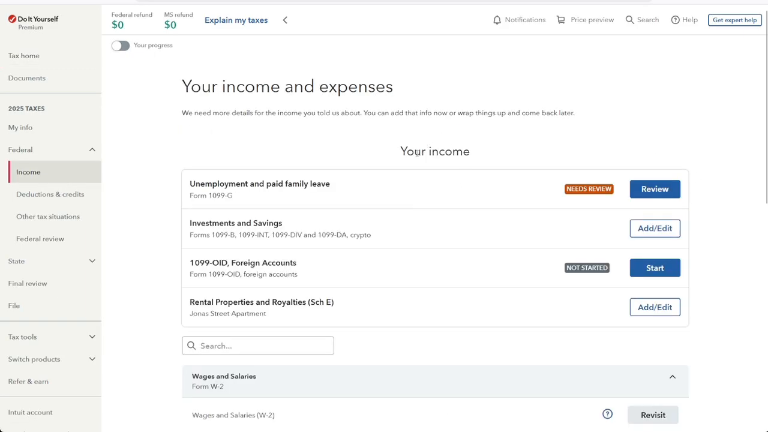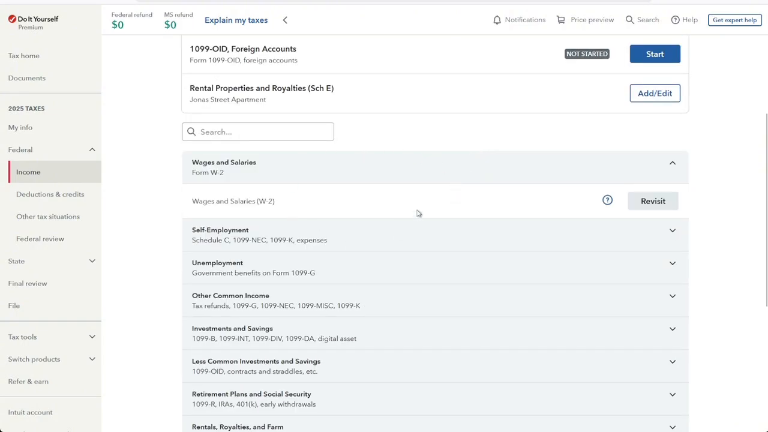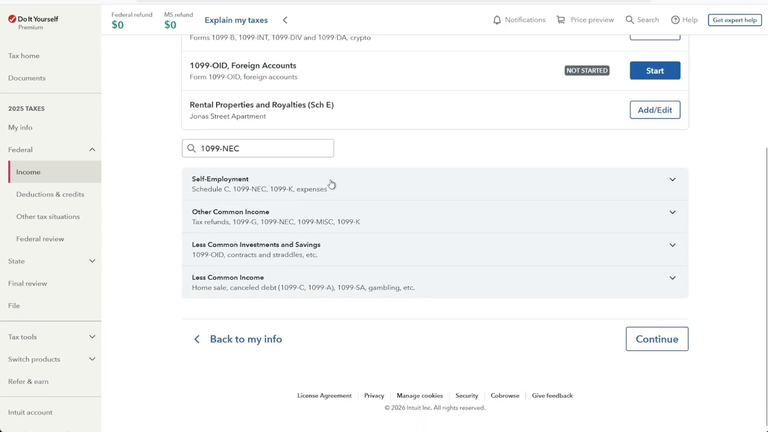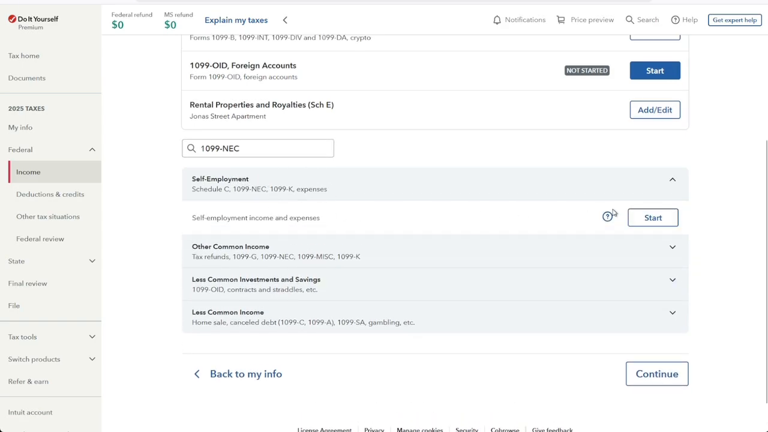And once you are on the income section, if you scroll down, in here you will see the forms in which you can have. So at the top, we can simply search for 1099 and then NEC. In here, you will automatically see the self-employment, which is 1099 NEC. From here, you want to click on the dropdown if it is not selected, and on the right-hand side, click